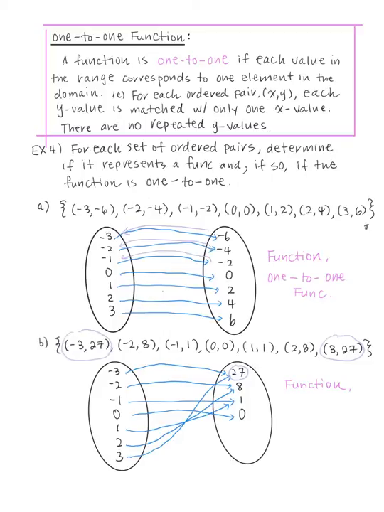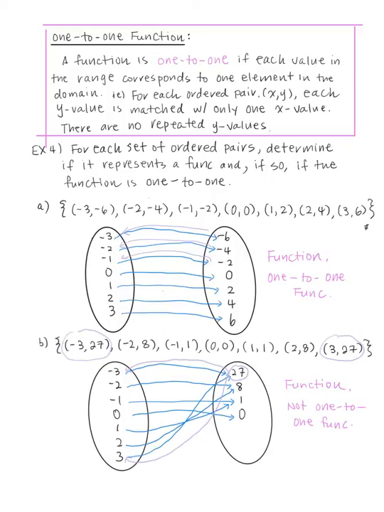So let me draw an arrow just like what I did for part A. So when y is 27, this guy goes to -3, and at the same time, this goes to +3. Therefore, it is not a one-to-one function, but it is still a function though. So let me write it as not one-to-one function. Hopefully you can see the difference between the two, but again, if you have any questions, of course,